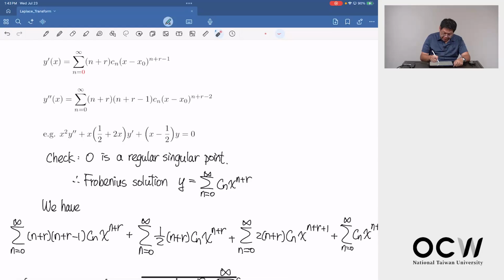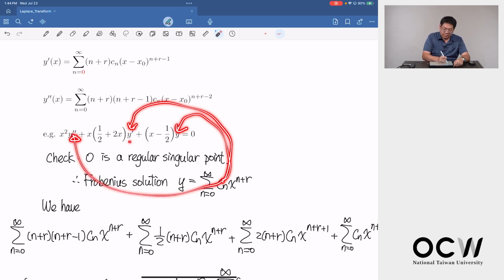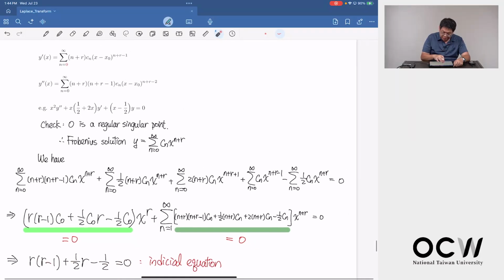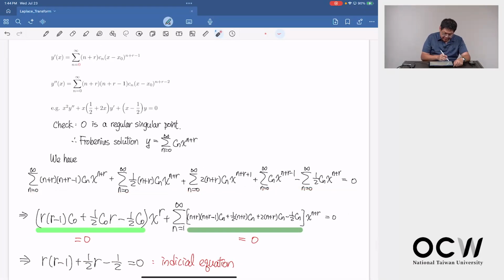Then you bring this back to y, and you take the derivative, and you can plug in to y prime and also y double prime. Okay, so here you can see the abbreviation is in the second line. You will rearrange it, then you will get, since overall this is equal to 0 and the x cannot be 0,